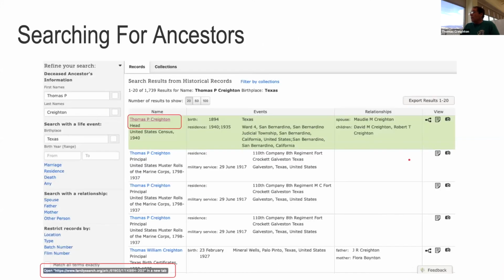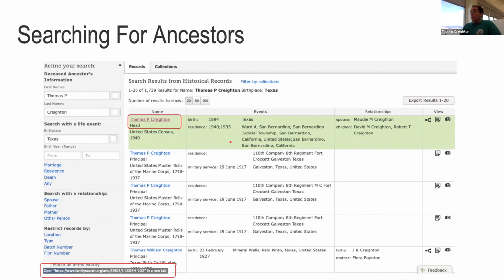So let's go through and look at how ARKs play in this. This is a screenshot of a search page. In this case, I've done a very simple search: Thomas P. Creighton, my grandfather, birthplace in Texas, and we got a long hit list. This top one here is the 1940 census.